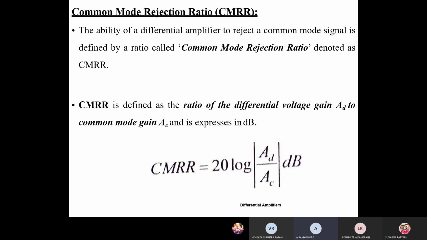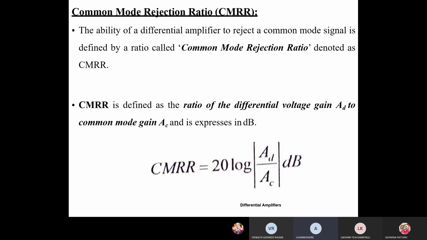And the ability of the differential amplifier to reject the common mode signal is expressed by a ratio called common mode rejection ratio. So you can call it common mode rejection ratio. It is defined as the ratio of differential voltage gain to common mode voltage gain. So it is the ability of the differential amplifier to reject a common mode signal, defined by a ratio called common mode rejection ratio, and it is denoted as